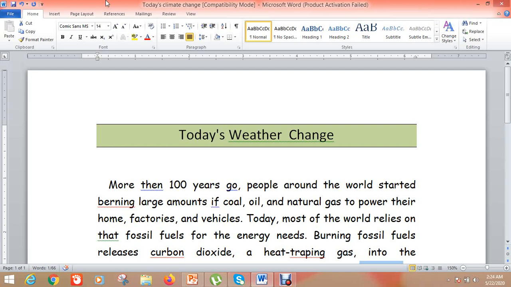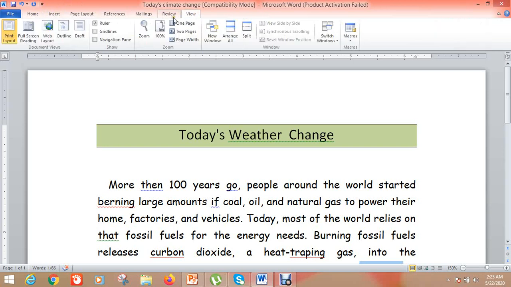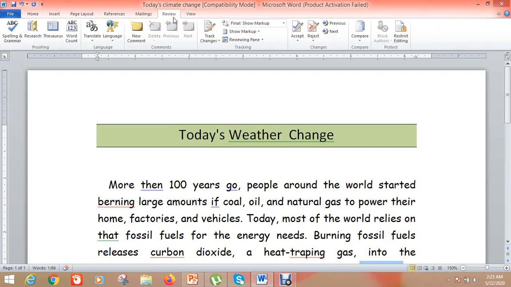When you are getting confused or you don't know the meaning of a specific word, you can find out the meaning using the MS Word feature, that is thesaurus. For this, you have to go to review, and after clicking review, the third option is thesaurus.